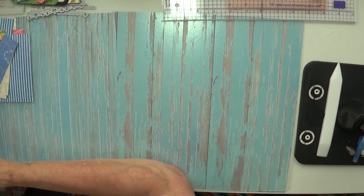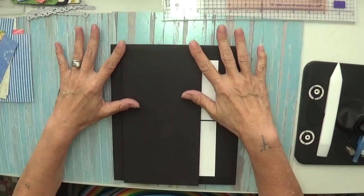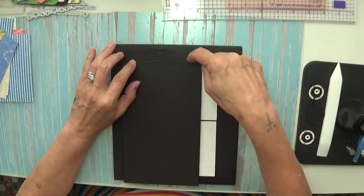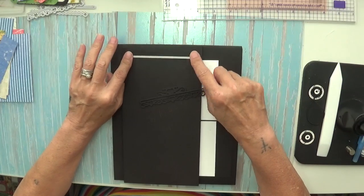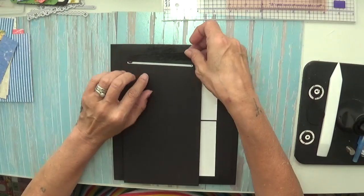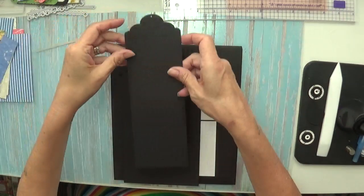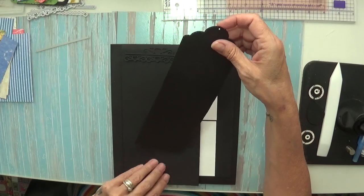I have finished pages 1, 2, 3, 4. We're on 5 and 6 now, and we've got this lovely long piece. What I want to do on this is cut out one of these shapes, well, not one of these. I'm going to use the bar to cut out a slit on the designer series paper, and then this will hover over the top just to indicate that that is a gorgeous little pocket where you can add this giant tag that I've made to go in there. Fingers crossed, there's nothing to stop it at the bottom apart from